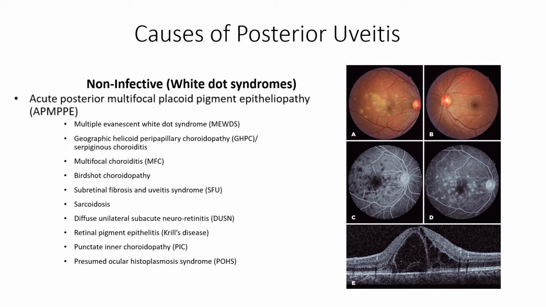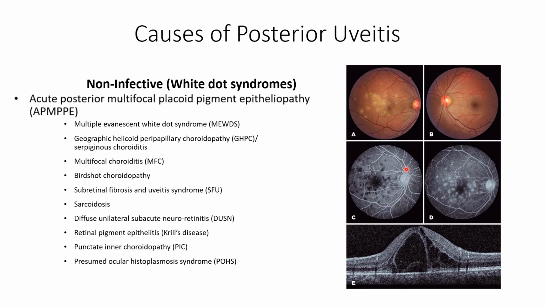So there is asymmetry, where one of the eyes is more affected than the other one, and the duration ranges from weeks to months. Recurrence is rare and there is minimal vitritis. We can appreciate here, this is a color fundus photograph showing these small dots of inflammation in the choroid, and when looked through a